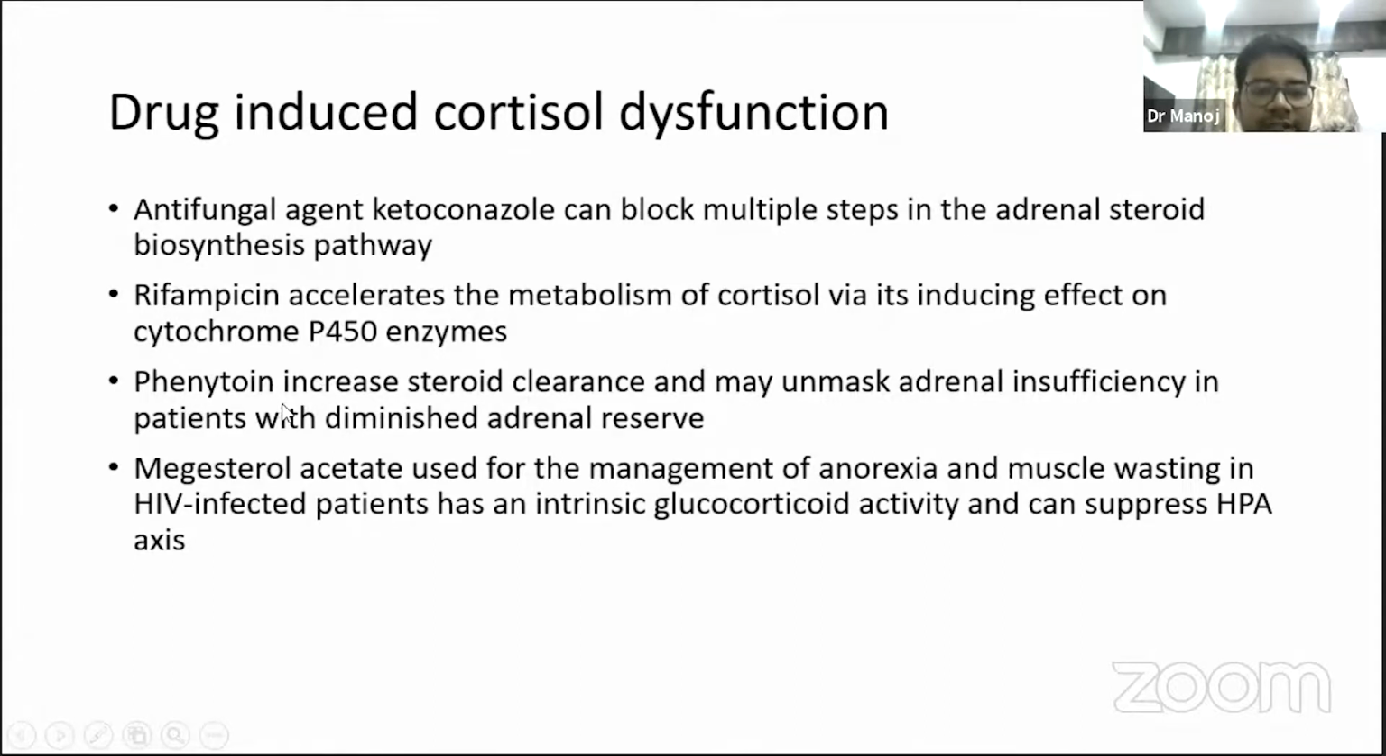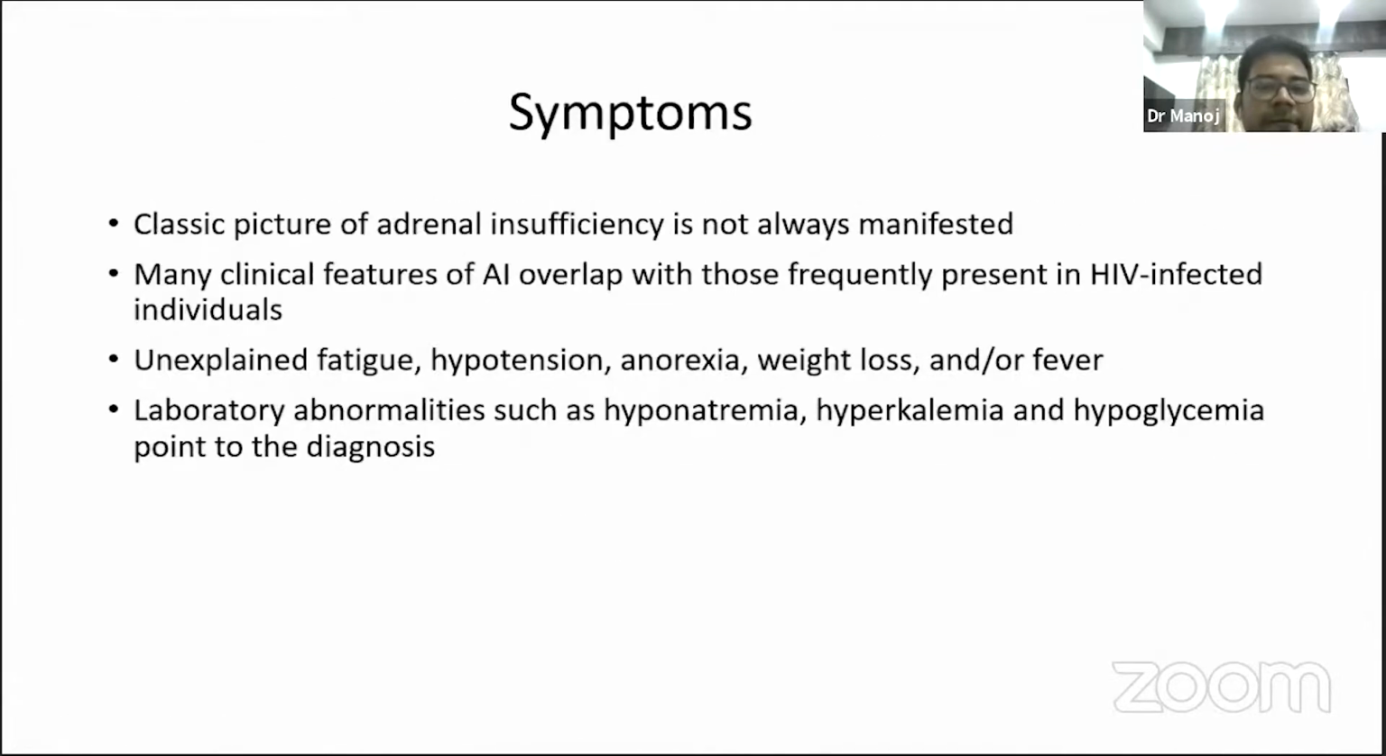Then we have phenytoin, which increases the steroid clearance. Megestrol acetate, which is used for the anorexia and muscle wasting, has intrinsic glucocorticoid activity and can suppress the HPA axis. Now, coming to the symptoms, the classical symptoms of adrenal insufficiency may not be manifested in each and every case,